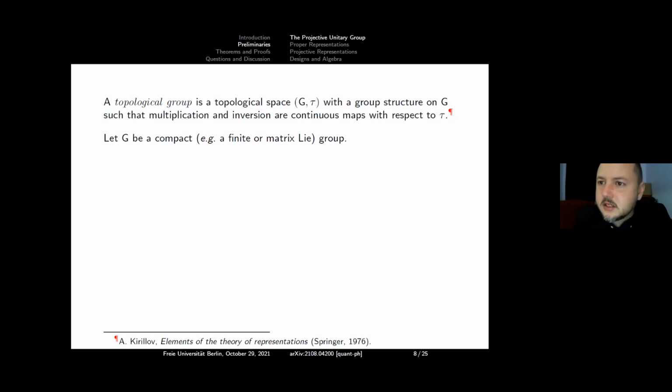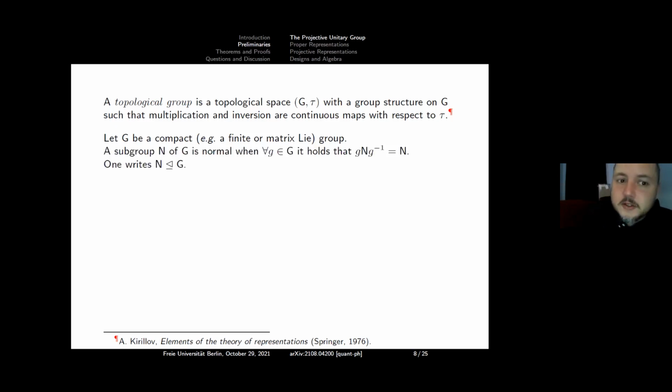And then to see that it's closed, it's actually the preimage of a singleton under a continuous function. So if you consider the continuous function x goes to x dagger, then the unitary group is the preimage of the singleton, the identity, and so closed, and it's bounded too. So by the Heine-Borel theorem, it's compact. Okay, so those are the types of arguments and groups that we're going to be thinking about.